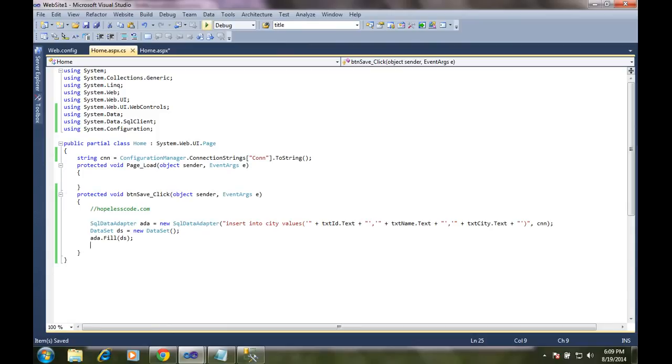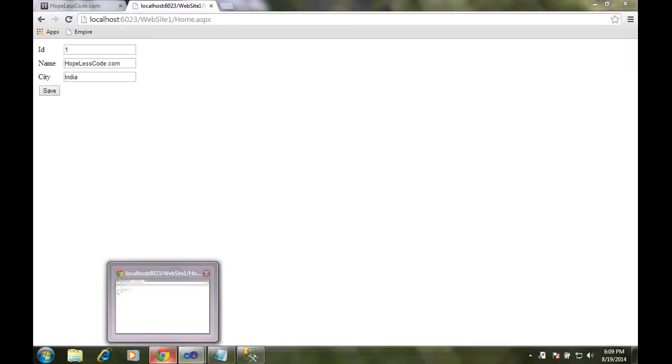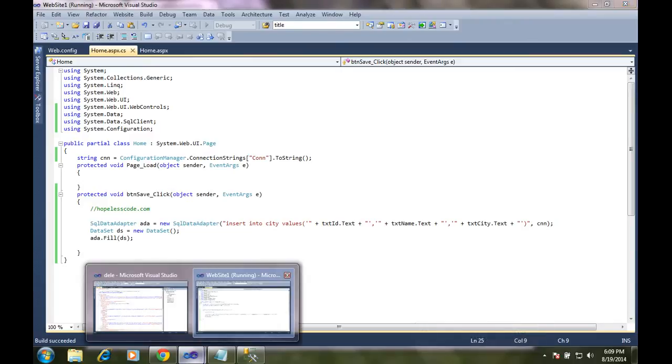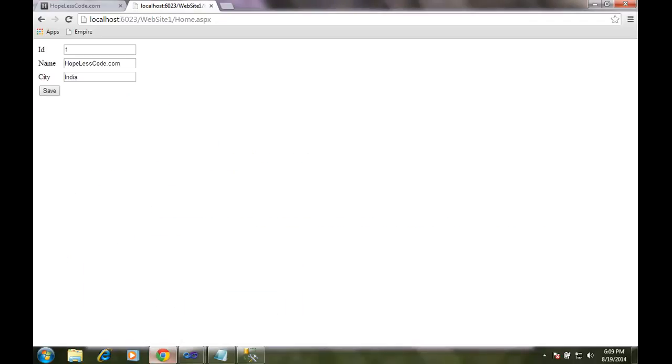Maybe it's not binding properly. It's loading.